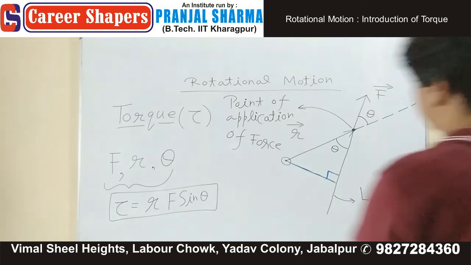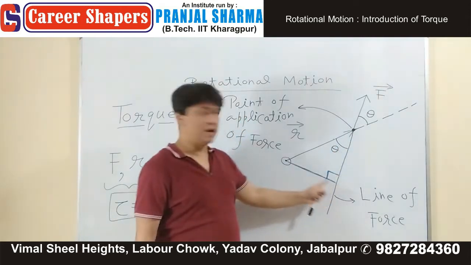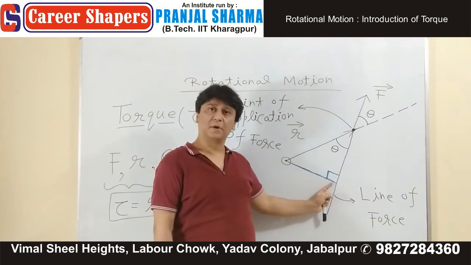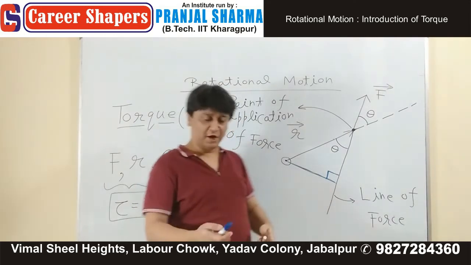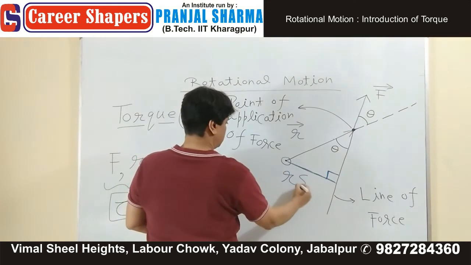Only one person has answered, and this answer is correct. Look at the right angle triangle. What is this? R. This is perpendicular. So what is the perpendicular component? The perpendicular component is what? R